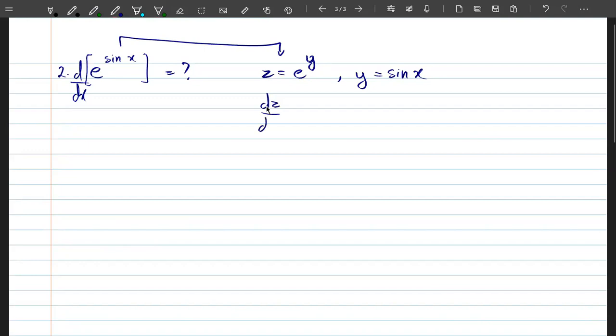So now we can find dz upon dy, which is e power y, and dy upon dx, which is